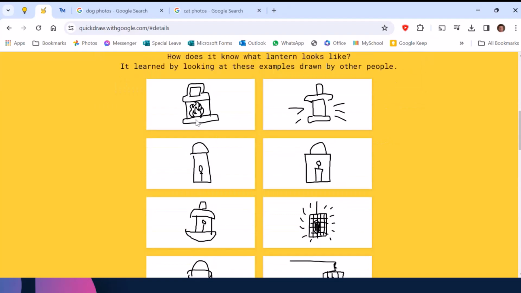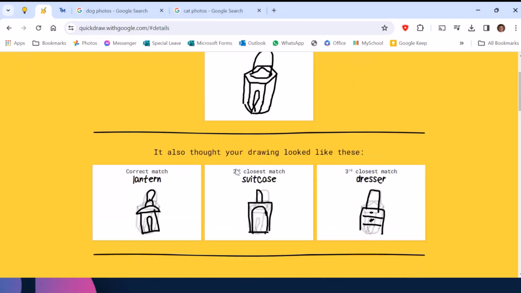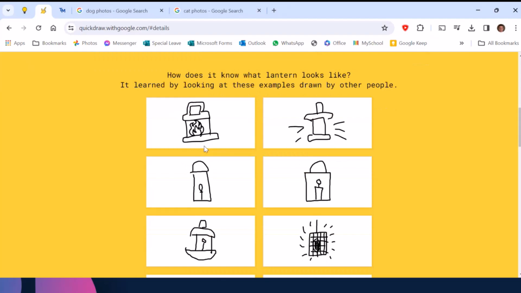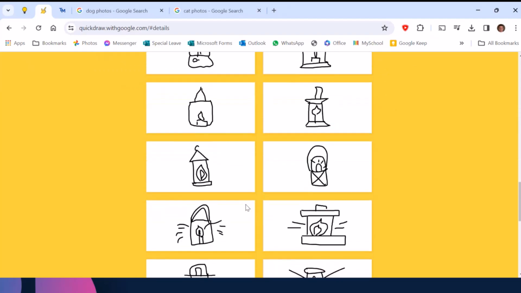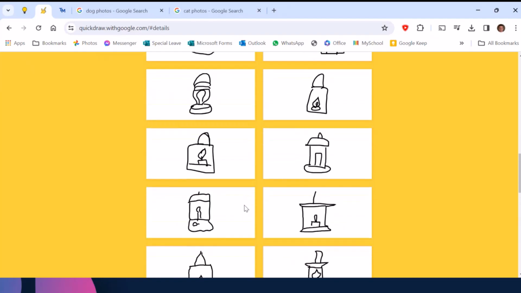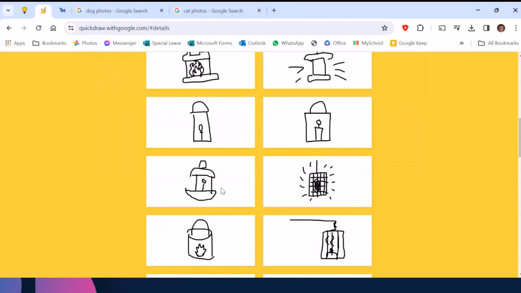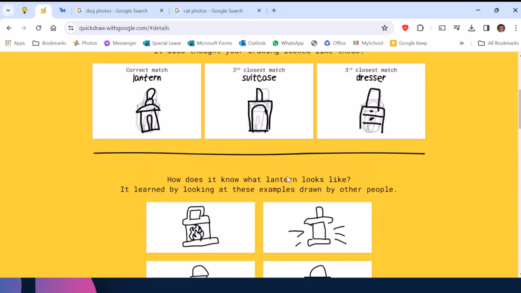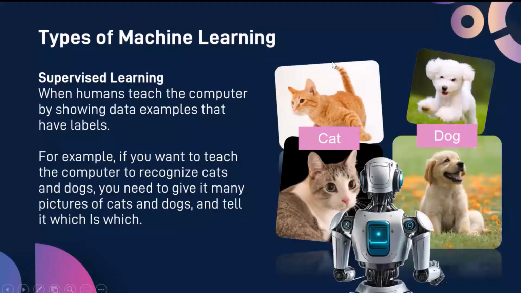So you can understand how this AI is able to recognize my lantern by being trained on large data sets of different lanterns. Obviously, keep in mind that a lantern can have different shapes, it can be drawn from different angles. So the more data it is trained on how a lantern looks, the more it will be able to recognize the lantern. So I invite you to try this out, because it is very interesting to learn how machine learning actually works.